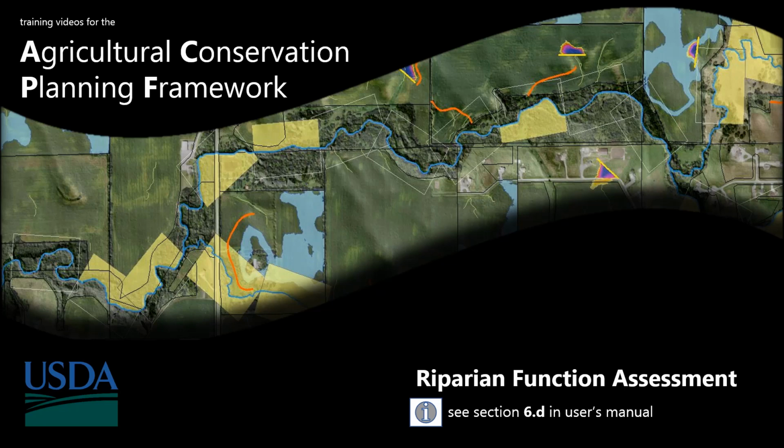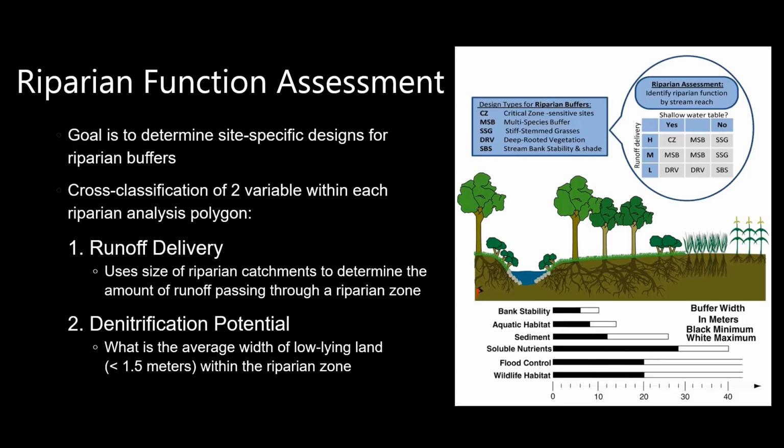In this video, we're going to go over the riparian function assessment tool. This tool will determine site-specific riparian buffer designs for each riparian catchment. The designs are based on a cross-classification between two variables, the runoff delivery, which is calculated by the riparian catchment size, and the denitrification potential based on the water table depth, and then will be extracted from the height above